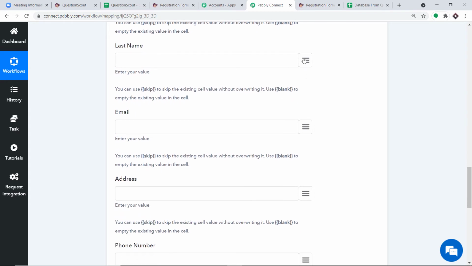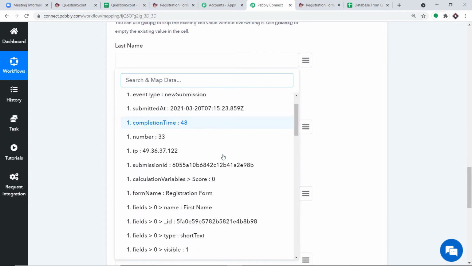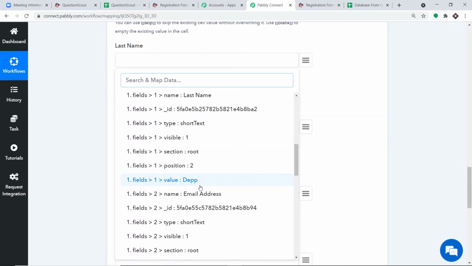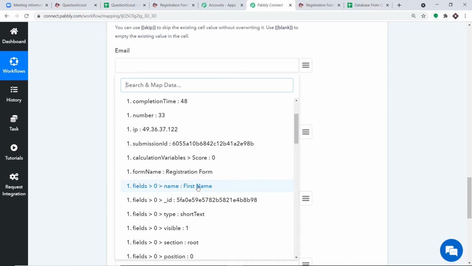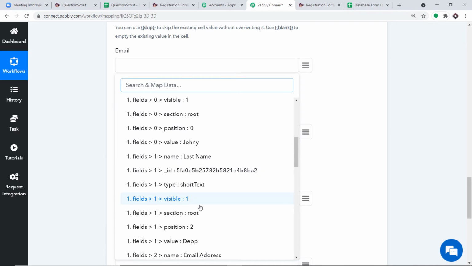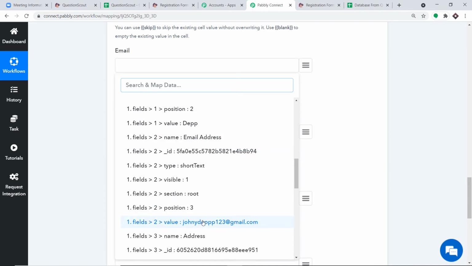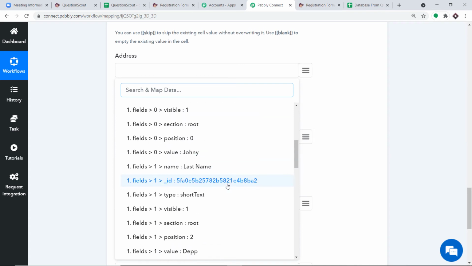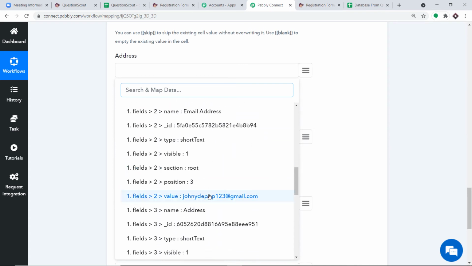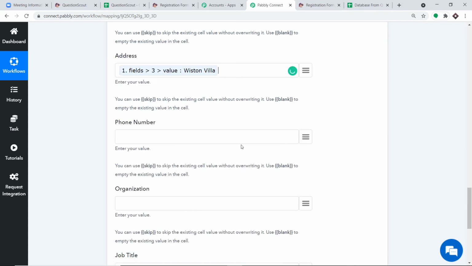Easy. Now coming to the last name, we are just going to click here and map in the last name. So this is Depp. Now coming to the email, just click here and this is the email. Okay, we have mapped it. The address was something Wilsonville or something. Okay, we have mapped it.